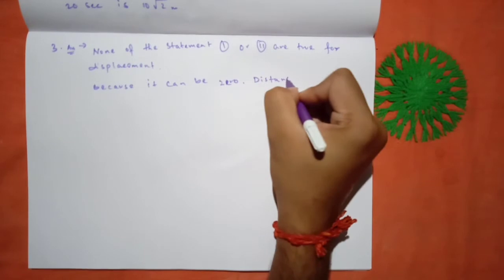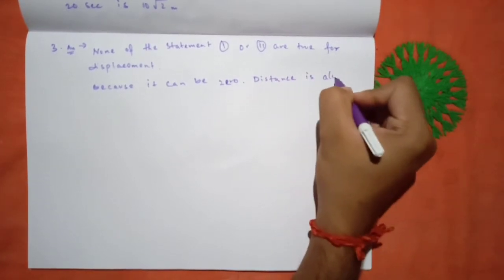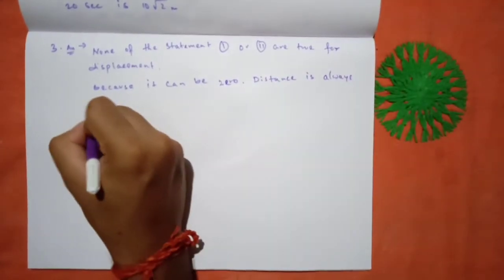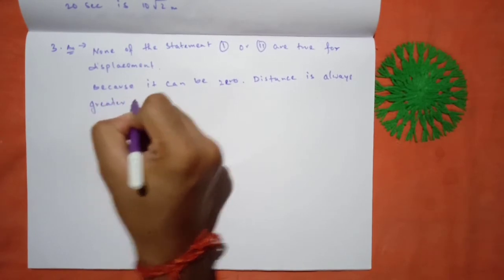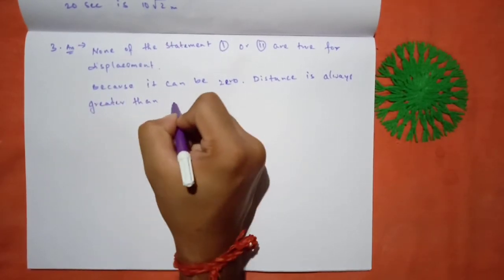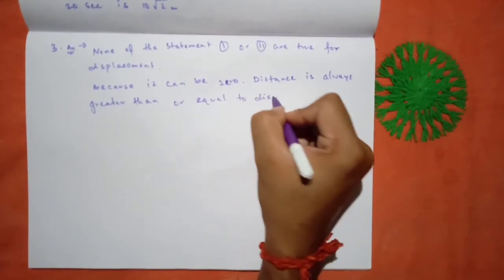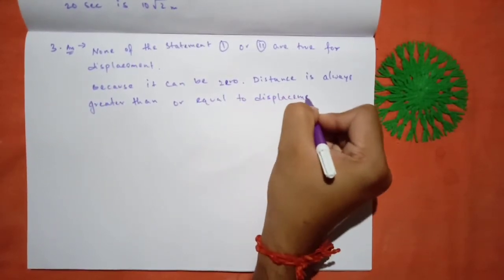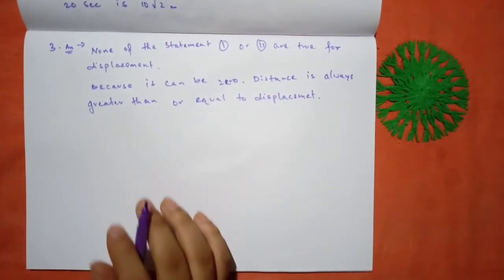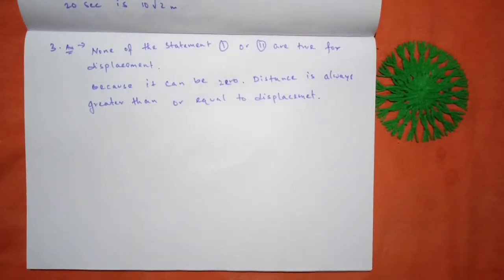Distance is always greater than or equal to displacement, but displacement can be greater than distance. Okay,